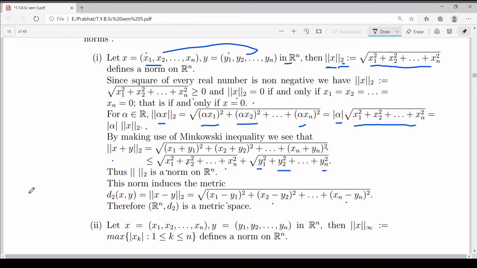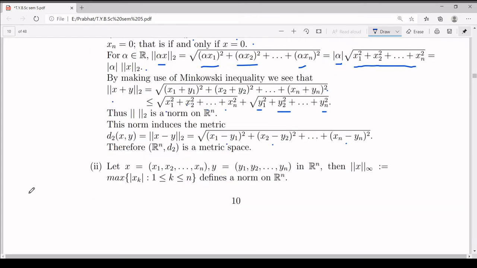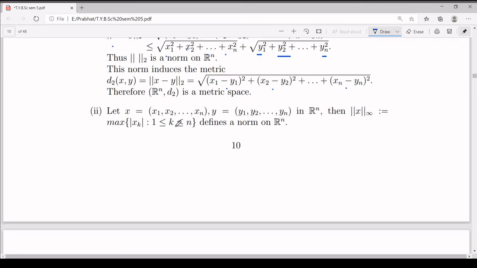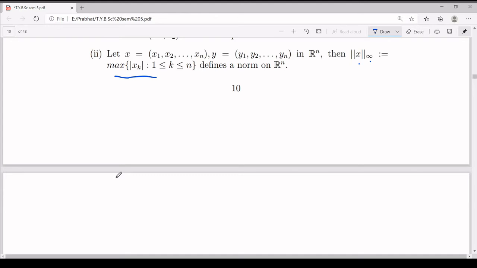Now let's see the second example of a metric induced from a norm. So again on Rn, for x equal to (x1, x2, ..., xn), you define a norm, and here the notation I am using is norm infinity. So you can get the sense why norm infinity is used, because it will give rise to your metric d infinity. So norm x, I am defining it as the maximum of mod xk, that means the maximum of mod x1, mod x2, ..., mod xn, that you are saying as norm of x. Now we will prove that it defines a norm on Rn.